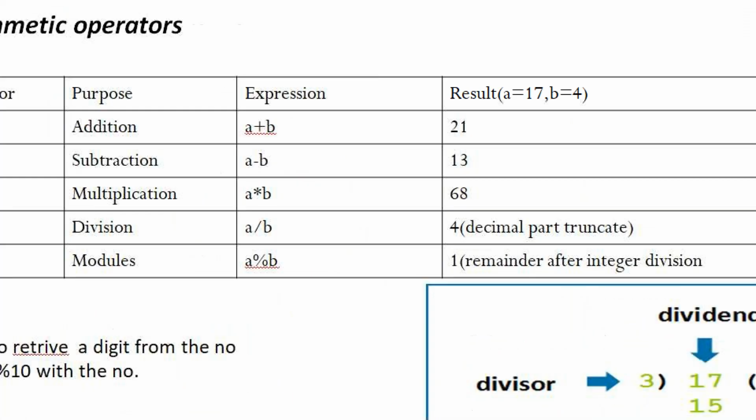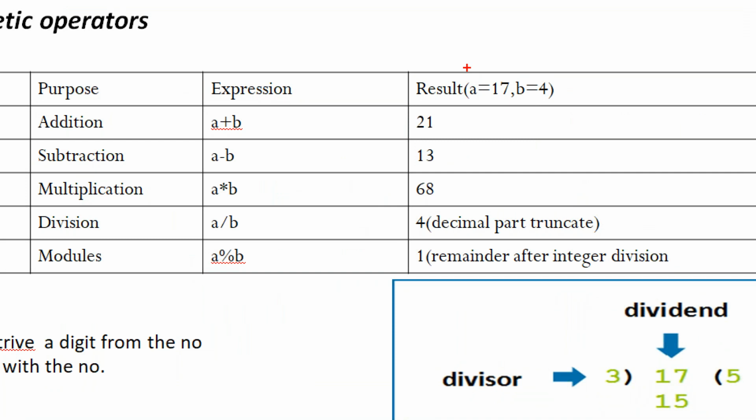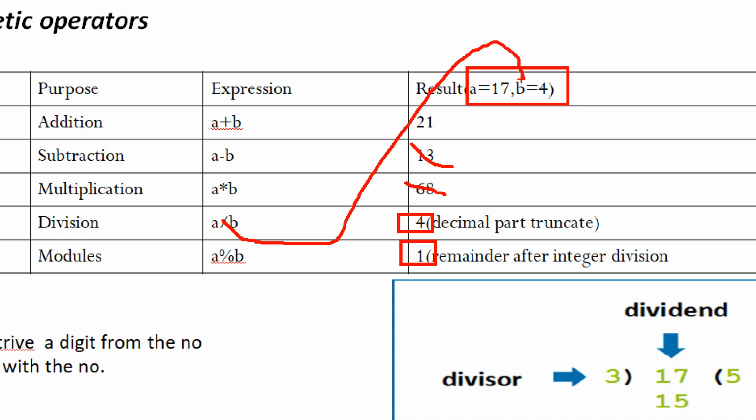If I take my inputs here, 17 and 4, the sum of 17 plus 4 is 21, subtraction gives 13, and the product is 68. But what about division? If you do division here, you will get the quotient only, the decimal part truncated.